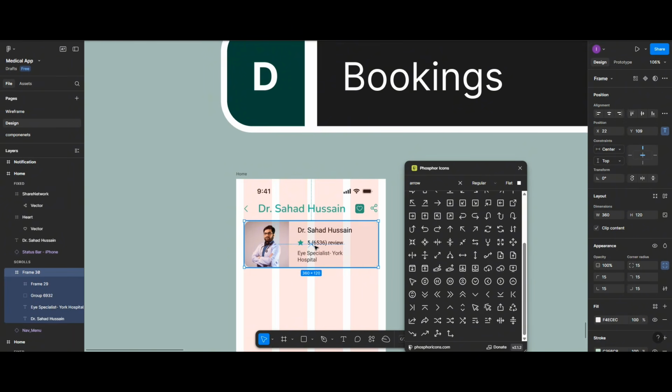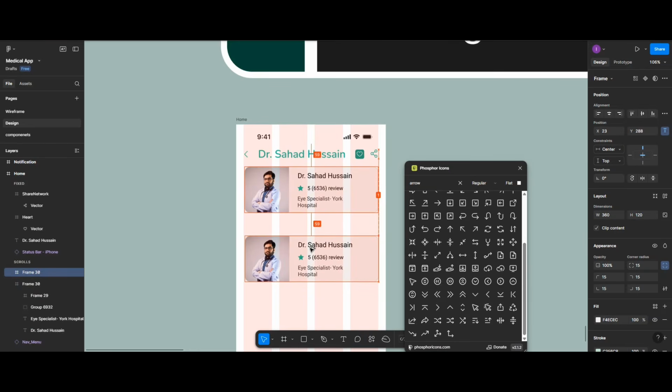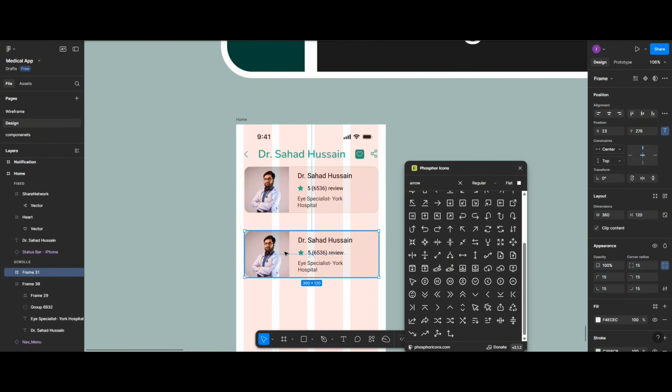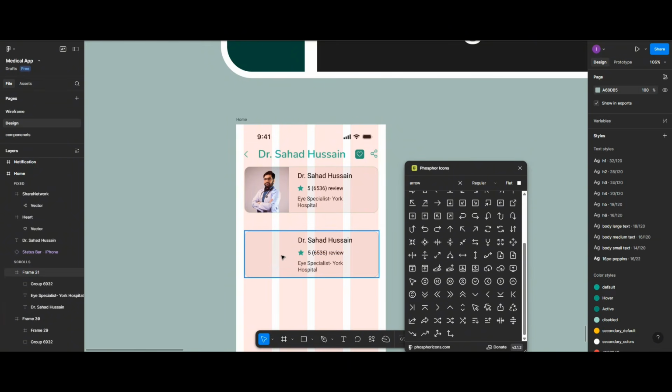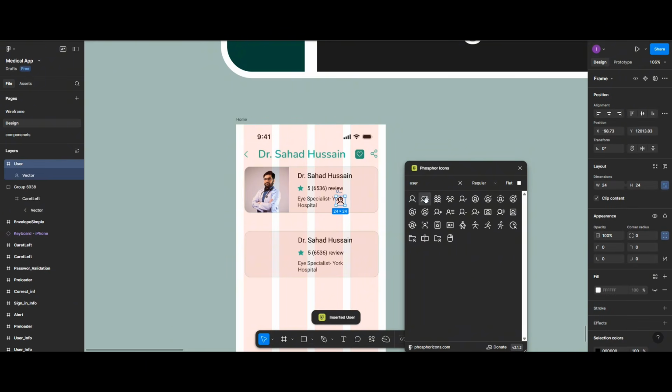Now we're going to duplicate this frame. Select it, Alt key, then you drag down and keep it here. Then we'll add some of the things inside. Okay, so select the image frame and delete it. Now we're going to come here and search for user. Then we make use of this first one, this second one,